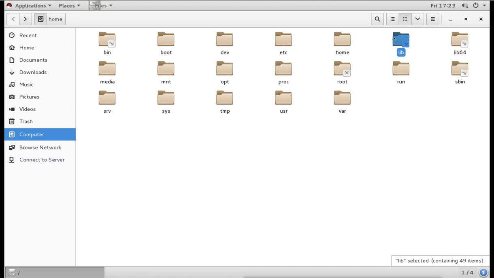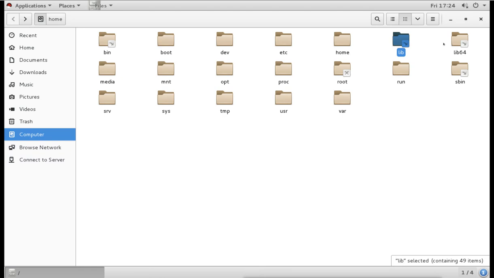The lib directory stores the library files. Library files are the files required to run software and applications. So when we configure any application, those applications require the library files. In Windows they are called .dll files, which stands for dynamic link libraries. Here, these library files have the extension .so. All the library files required to run the applications are stored in this lib directory.